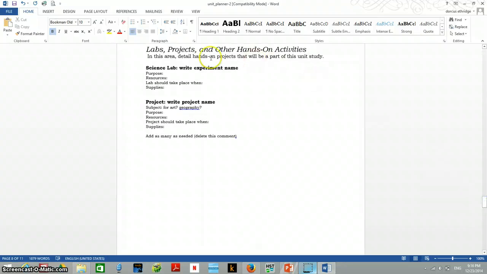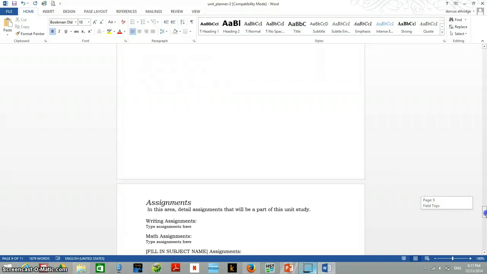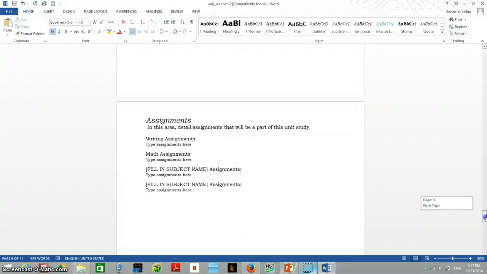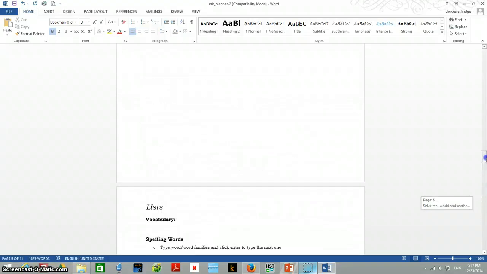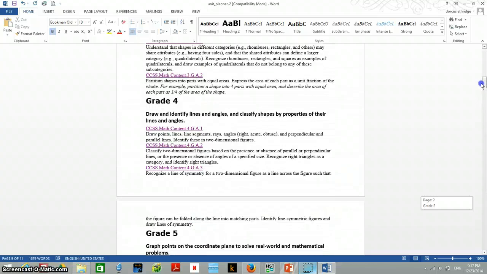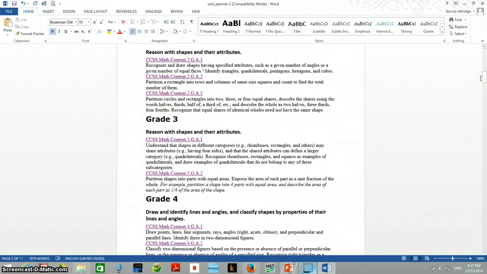Labs, projects, and activities. So this is where you would add in some of your projects. So if you're going to build 3D models with toothpicks and marshmallows and things of that nature, you can start to add some of those things in here. So what this is, again, your unit study is going to help you to organize your thinking, lets you gather all of your resources. It acts as a very good guideline to help you know what you want to cover in teaching your child. If you're putting this together yourself, you need that framework. And it also helps